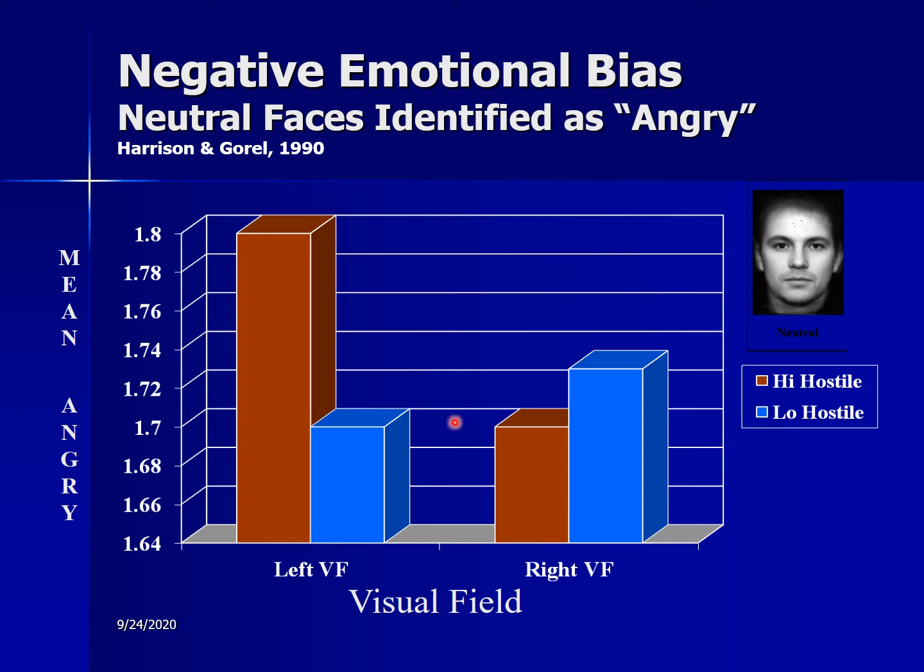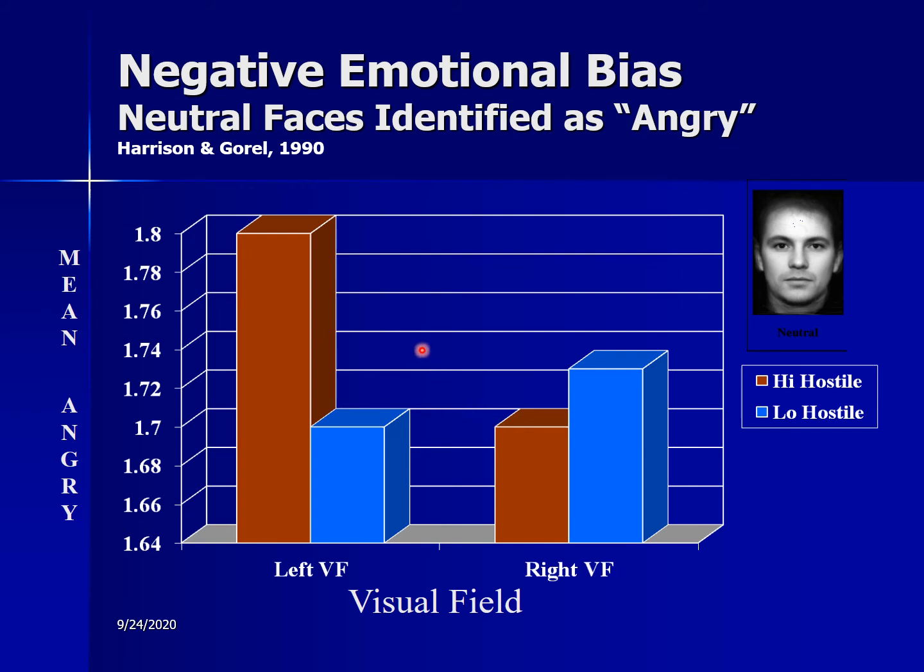And what do they see? If the neutral face is in the left visual field, pardon me, and goes to the right brain, they see almost all the time an angry face. So they have an angry bias perceptually. They see the world differently. A neutral face is an angry face. When it goes to their left brain from the right visual field, no problem.